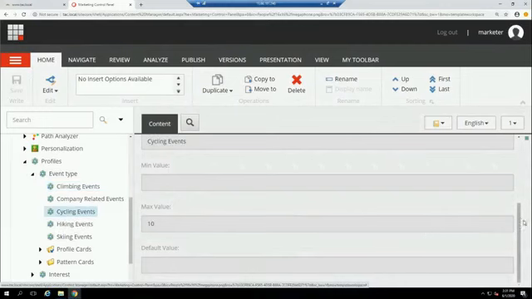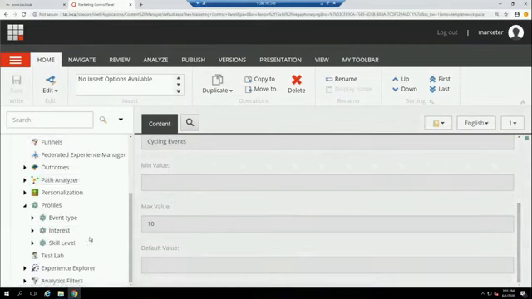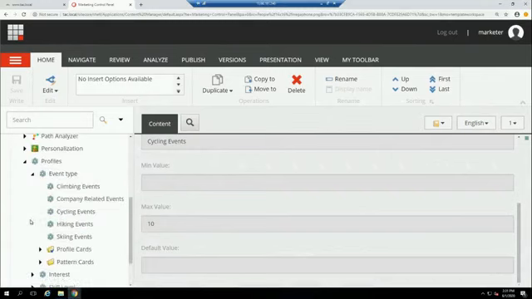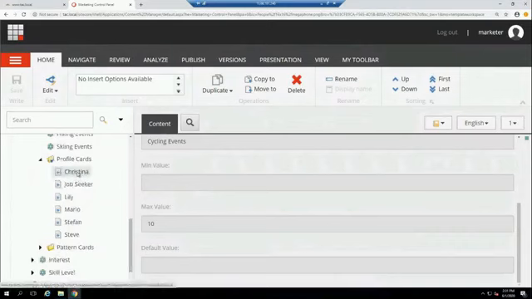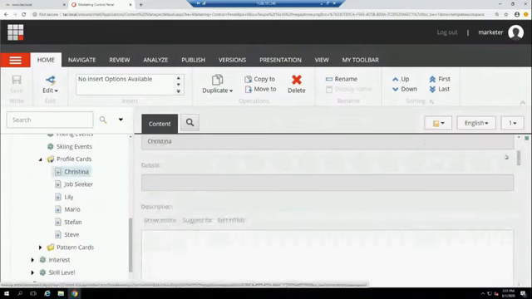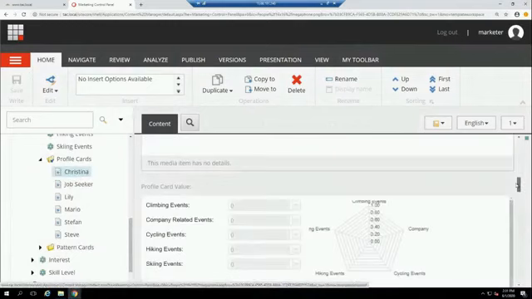Setting up what that value is, max value. Let me collapse that. Now let me scroll down. Actually, let me expand it again. Inside of events, for these different events, we have certain profiles. Let's take a look at those cards. All right. Here is Christina. All right. So Christina has a profile. If I scroll down,